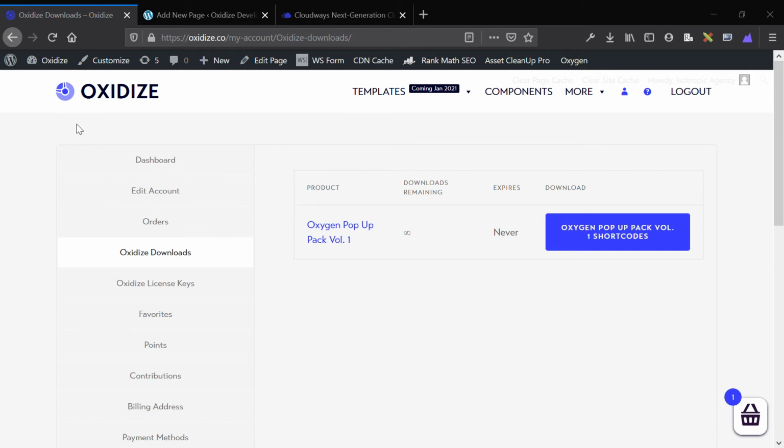So first we're going to go and unzip this folder. Within this folder is a collection of items which I'll show you, and then I'm going to show you how to install either one of them as soon as this extracts itself. So our folder's extracted, and this is the production volume 1 pop-up pack, which is created for an e-commerce application,